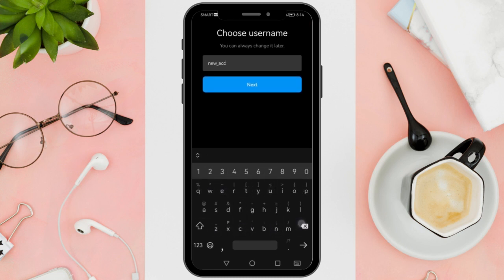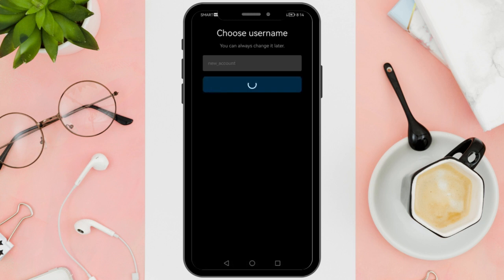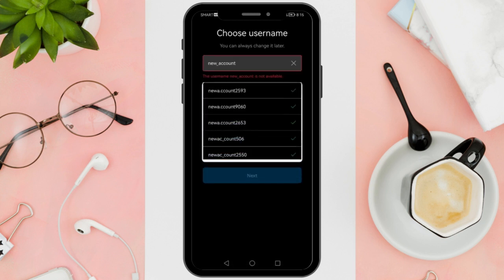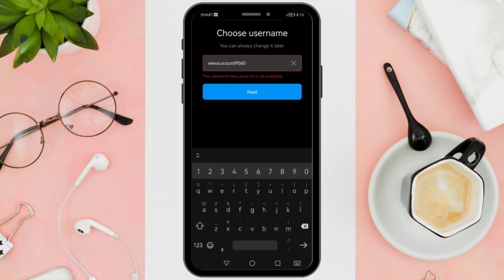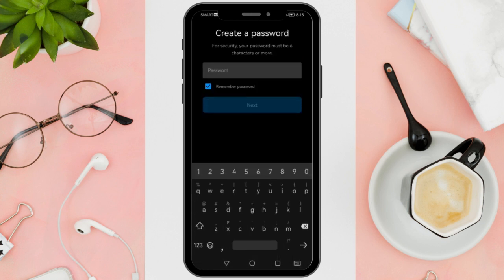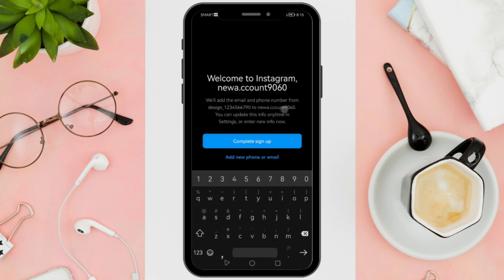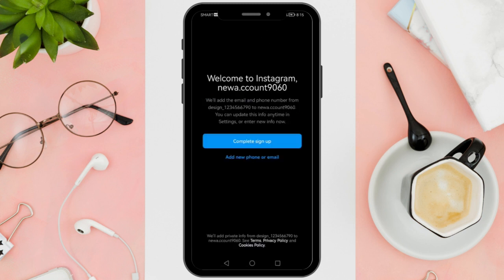Once you have created an anonymous account, you can use it to follow the private account you are interested in. Search for the private account and click follow. This anonymous account allows you to request to follow the private account that you are interested in without revealing your true